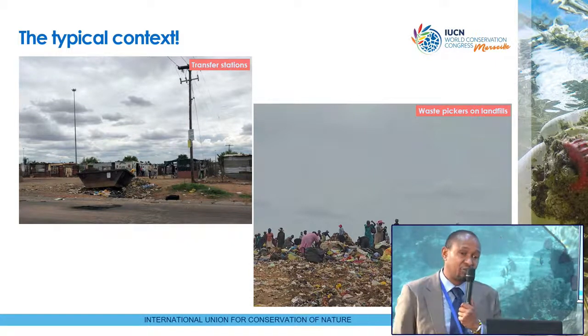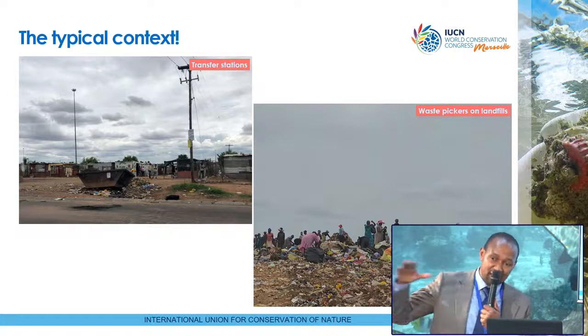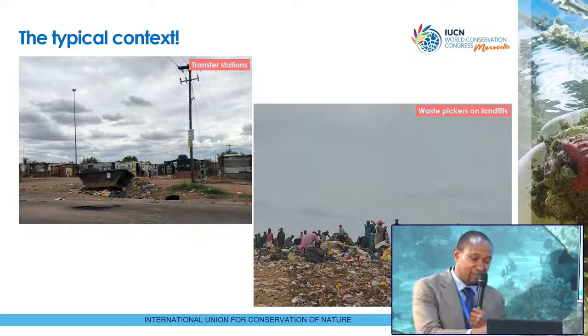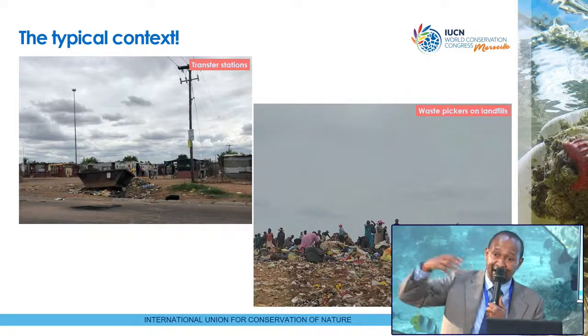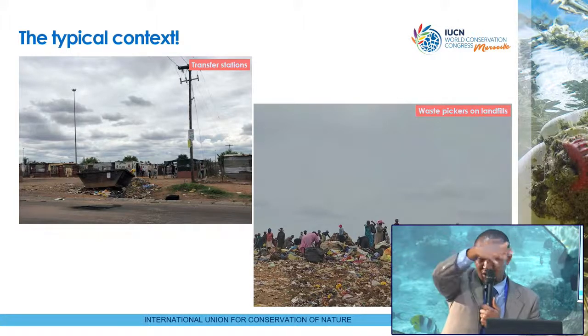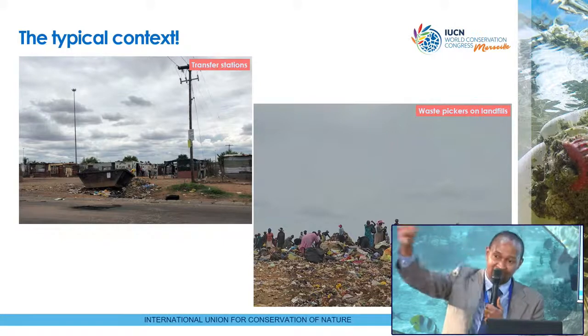What you see in a lot of European countries is that when waste goes to the landfills, there is compaction of the waste so that it's contained within the landfill. So what we have is the image you see on the right, where they just dump it there and a lot of it is always blown away. So for miles beyond any landfill site in Africa, you always see a lot of plastic just being thrown